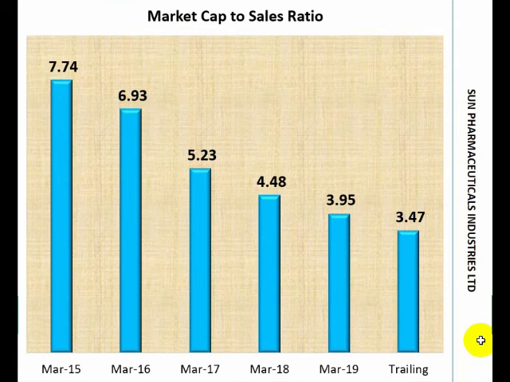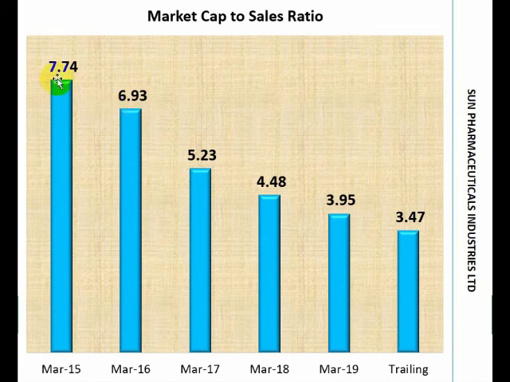Next, let us look at the market cap to sales ratio. This is a valuation ratio, and it compares the total sales done in a particular year with its market capitalization. And therefore, it allows us to measure what multiple we are paying against the sales done by the company. The market cap to sales ratio should be less than 2.5 times or whatever is the industry standard. In this case, we can see that the market cap